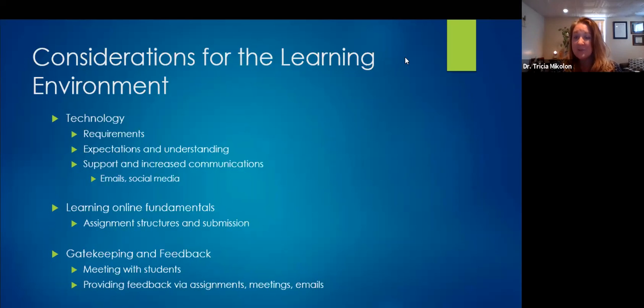Social media, as we all know, ethically, we have to watch how we interact on social media because it represents not only ourselves, but our colleagues and our university as well. The assignments and structures and submissions, how is this going to be done? Are they going to be done through Box or Dropbox, directly through Blackboard? And then the gatekeeping, so meeting with students, providing feedback on assignments, meetings, emails, really making sure that we're available